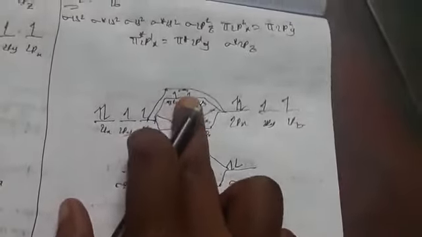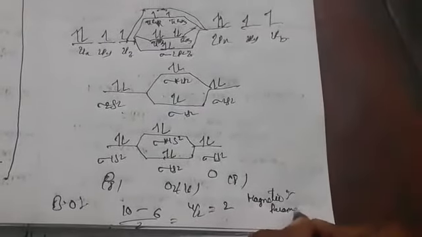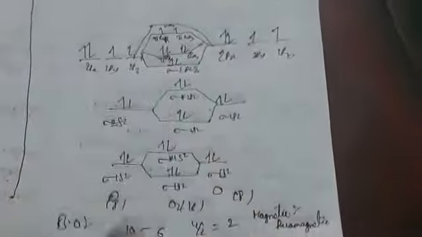Magnetic behavior: here 1 electron is present. You should not see all of this; you have to see only this in the middle part. So if you look at the magnetic behavior, it is paramagnetism. Why? Because it is having only one electron. Okay, so this is nothing but the O2 molecule and also the N2 molecule.